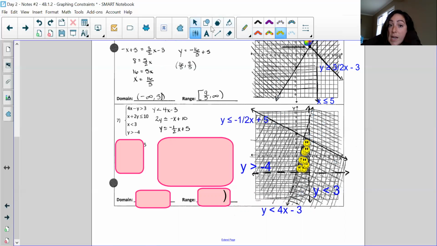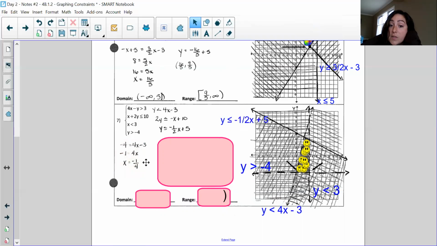So looking at our domain and range, our domain is going to be everything from our smallest x value, which is right here, to our largest x value, which is right here. So I need to find the intersection of y equals negative 4 and y is less than 4x minus 3. So substitute negative 4 in for y, solve, and we get that the intersection is at negative 1/4. So my domain is everything from negative 1/4 up until the,